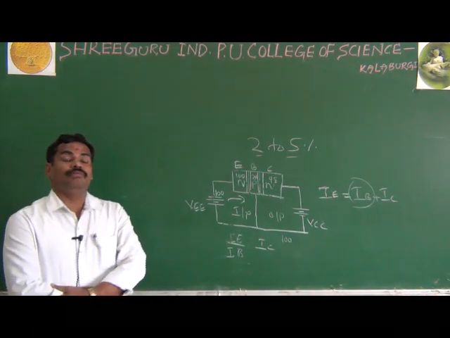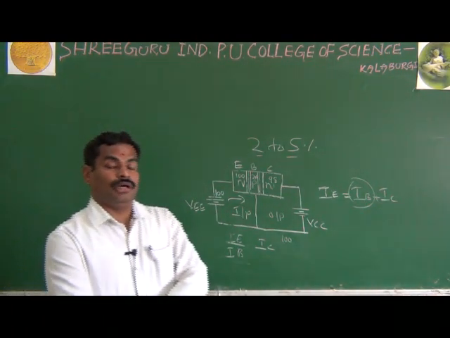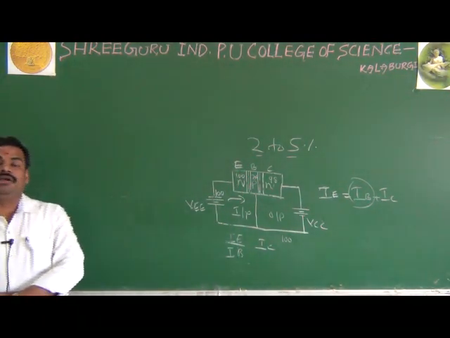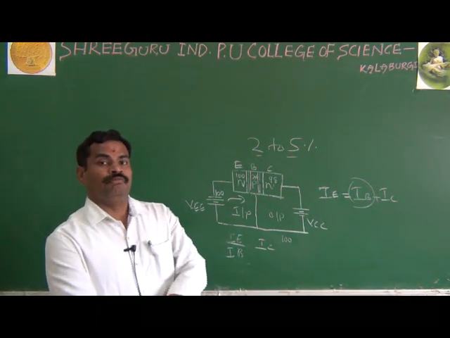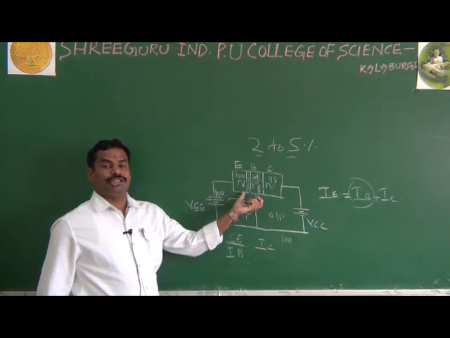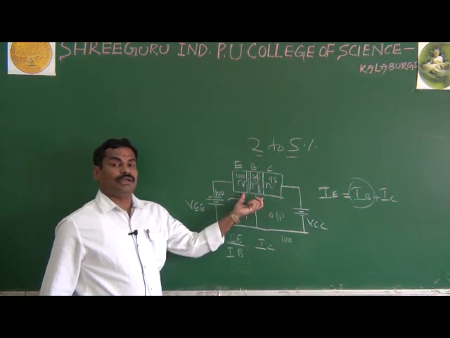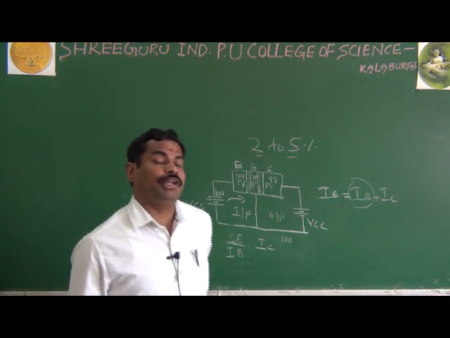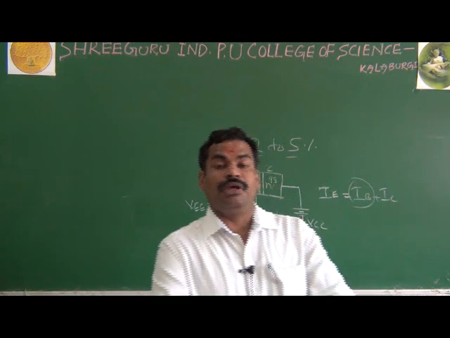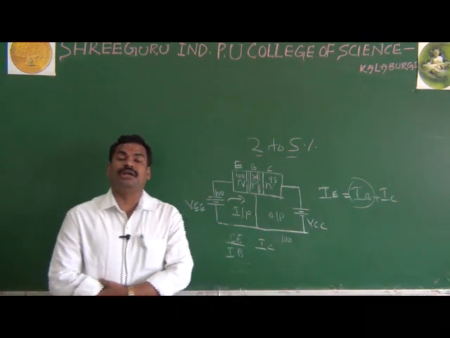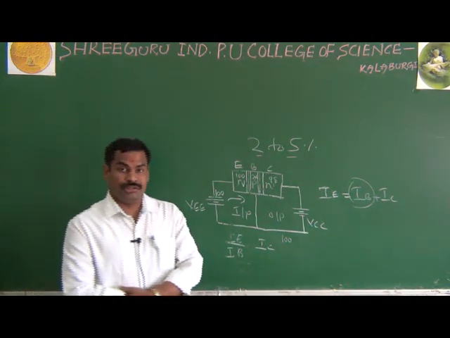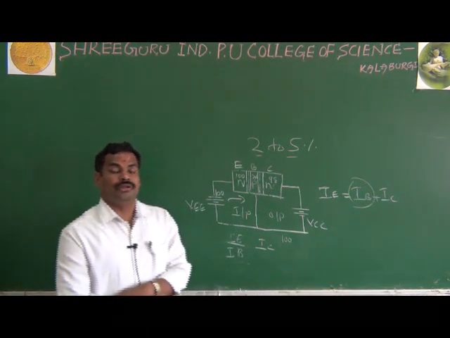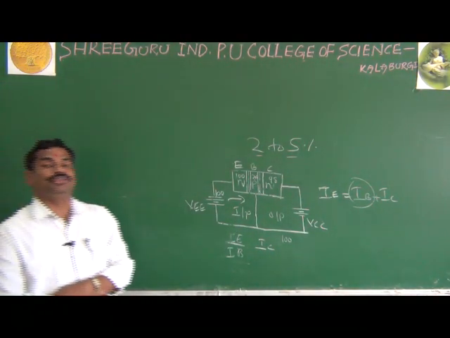That energy will break the covalent bonds. We know already the basics: without breaking the covalent bond we are not getting any current. And how do we break the covalent bonds? Here we are applying some energy, and that energy is nothing but the energy given when the electron and hole recombine. Because of that energy we can break the covalent bonds. And as we know already, whenever you break the covalent bonds, electron and hole come in pairs, both automatically.